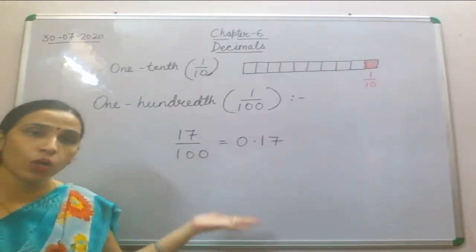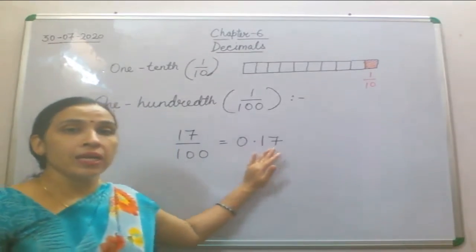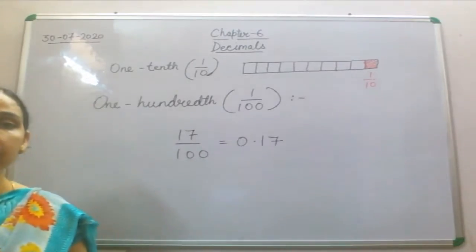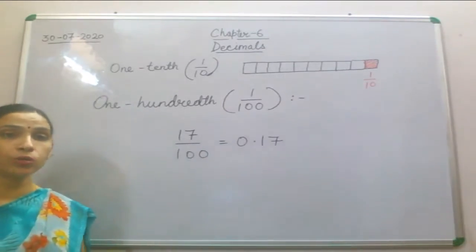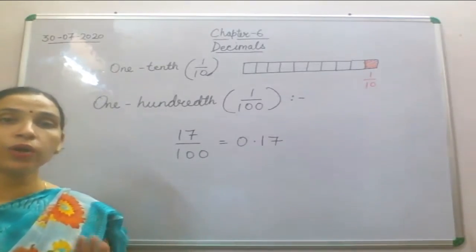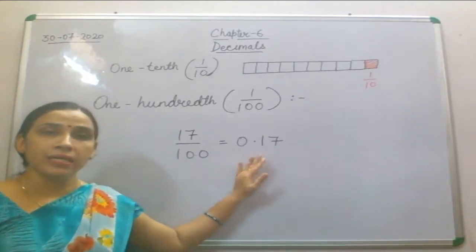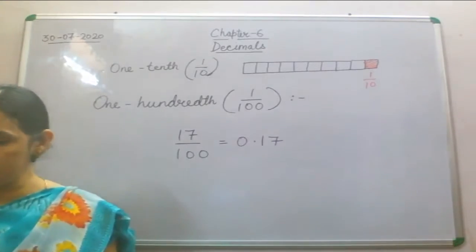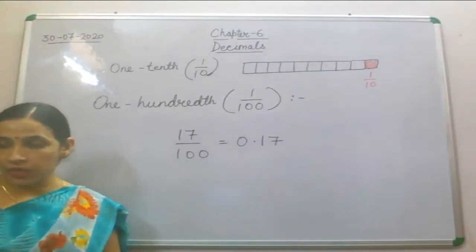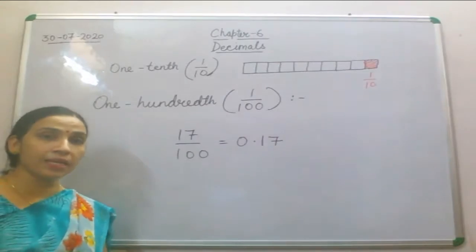So that decimal will also be increased. So that will become 0.17. See, after the decimal, whenever you have a natural number, that will be read as 17. You will not speak it as 'zero point one seven'. You will say 'zero point seventeen', or decimal 17. Both are correct. So I hope this 1/100th will be clear to you all.